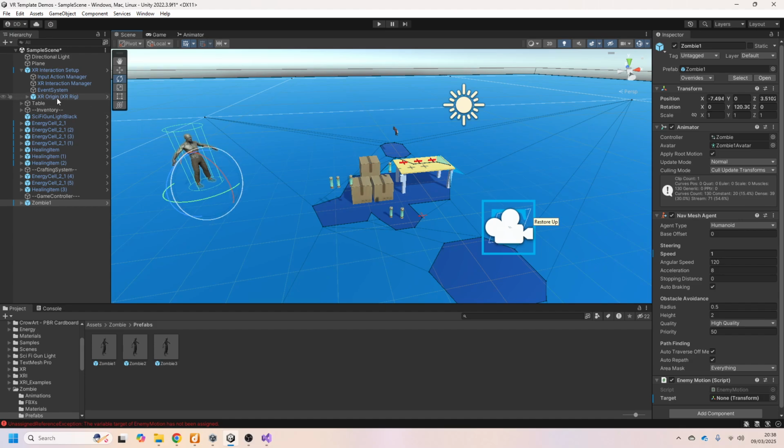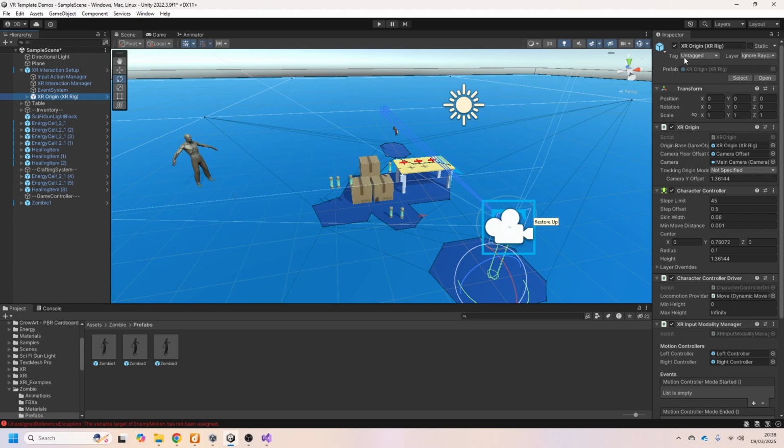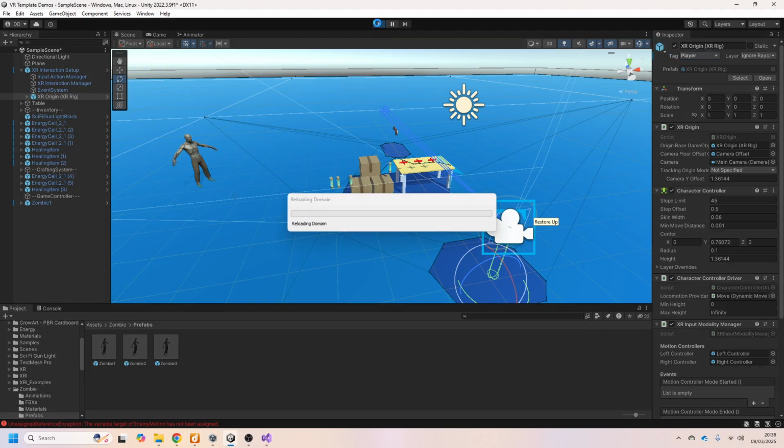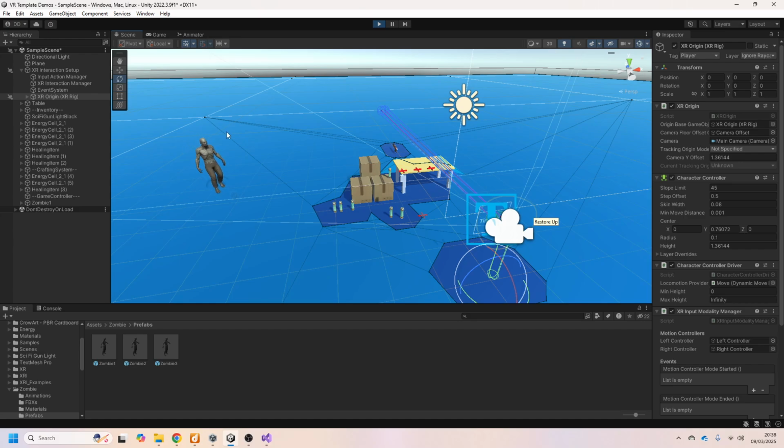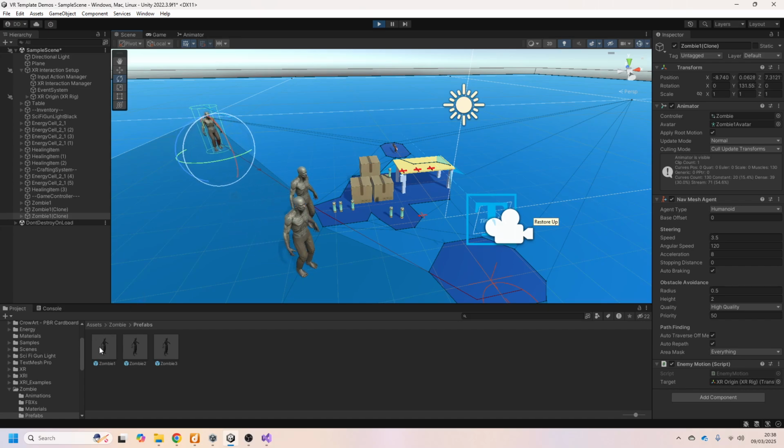If I look at my XR origin, we can hopefully see the problem over here under the tag. The XR origin doesn't have the tag of Player, so it couldn't be found. If I choose from the drop down, there's a pre-made tag called Player with a capital P. Let's see if that resolves the problem. We can now see that enemy is moving towards the player, and any further zombies that I spawn in will